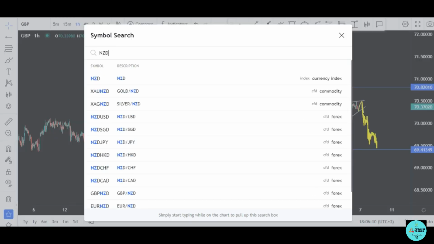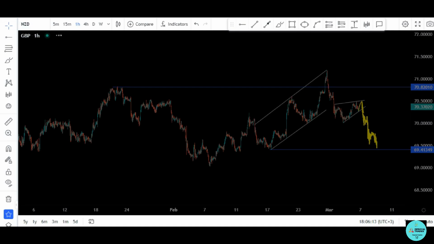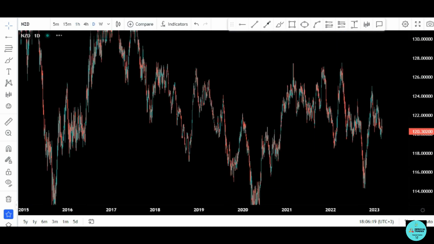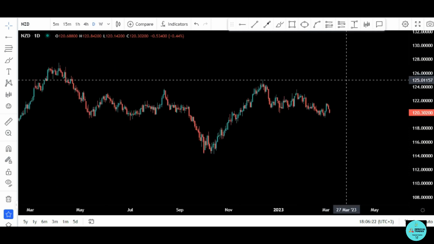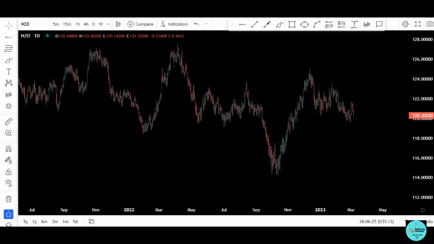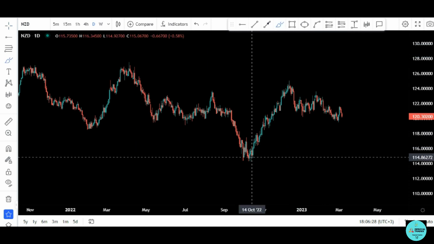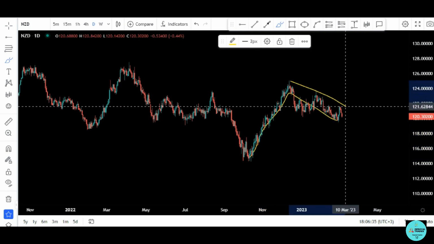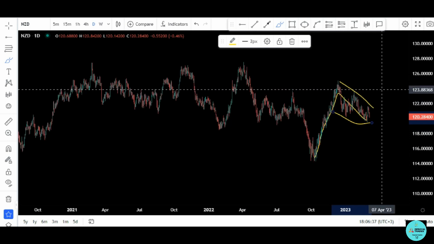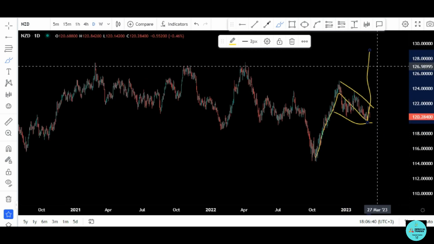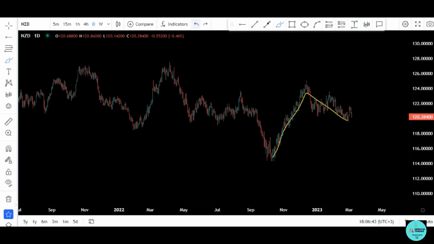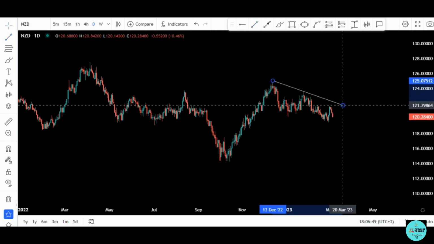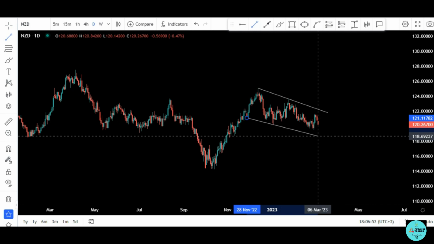Also, we will analyze NZD, New Zealand in this case. So guys, New Zealand, if we look at this pair, okay, we can see that this pair was making impulse, now is trying to create a large correction, and then in the future, of course, we are expecting for another impulse. So if we draw, okay, this large correction,